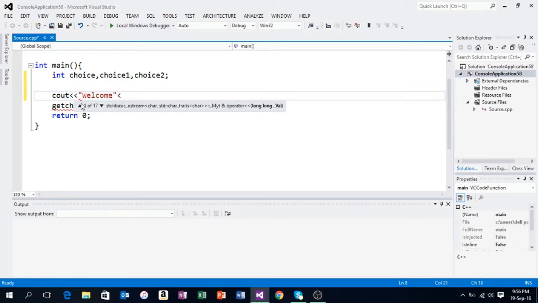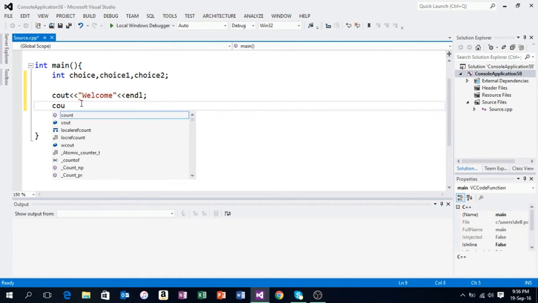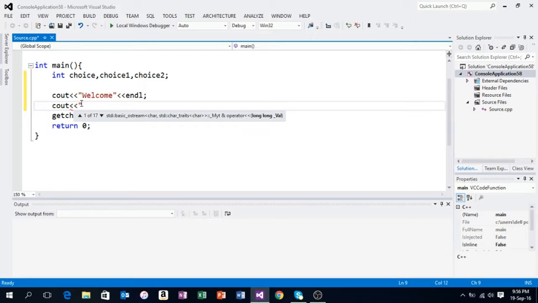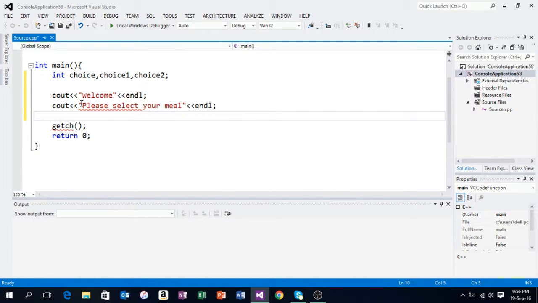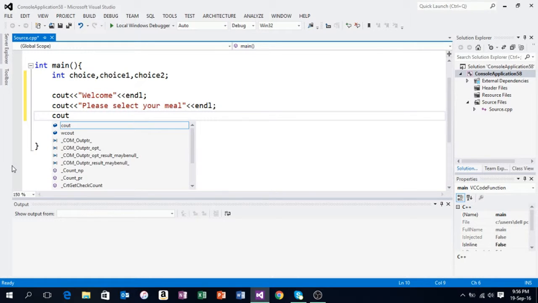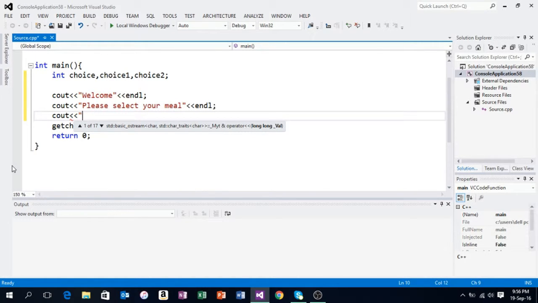Welcome, and then cout again. Let's display, please select your meal. You can write all this code in one single line as well, but just for precision, I'll be writing this in separate lines so that it's easier for you guys to understand, or for anyone who takes a look at this code. So with that, we have one burger,